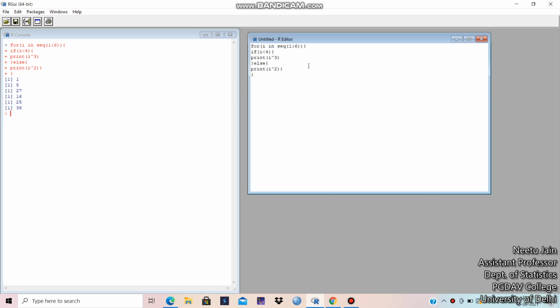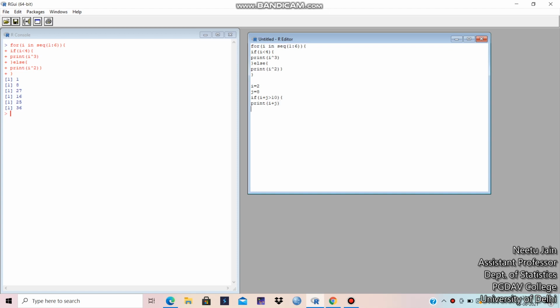Okay, now I'll give you one more example. Suppose i is equal to 2 and j is equal to 8. Okay, then I'm taking if loop. If i plus j is greater than 10, the body of if loop is started, then print i plus j.